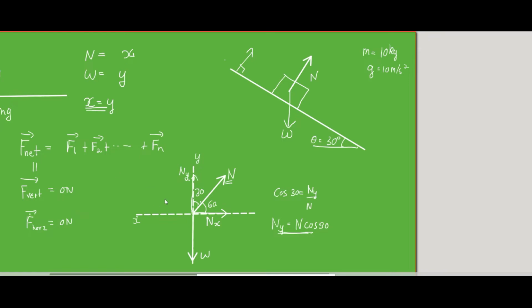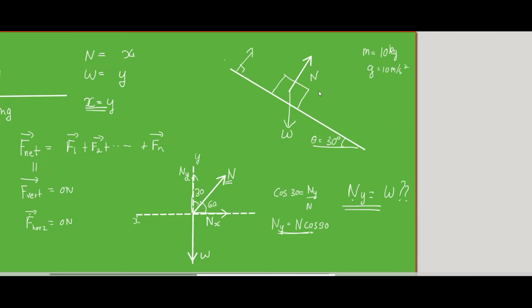Now my first question is, will Ny and W be equal? If they are equal, will there be any motion in the vertical direction? Is this moving in the vertical direction? Is this ascending or descending? Can they be equal if it is descending? And it's not just descending with a constant speed, right? It's going to accelerate as it's sliding down. If you keep an object over here stationary, it's going to start moving downwards.